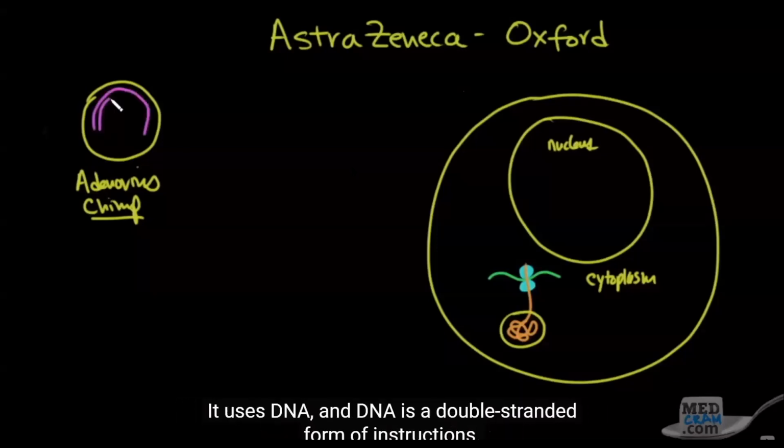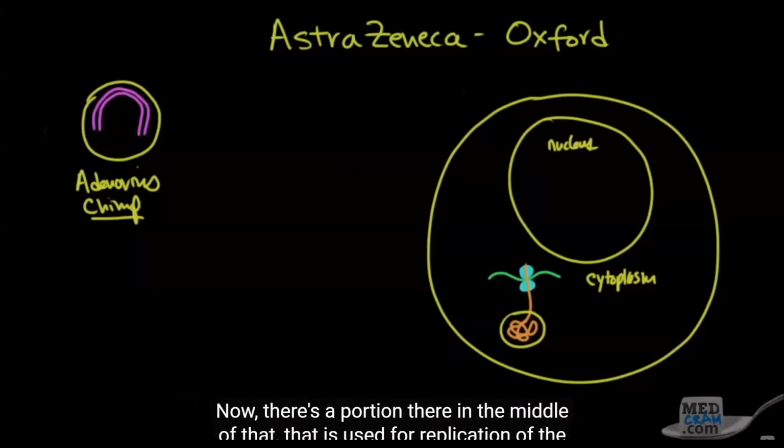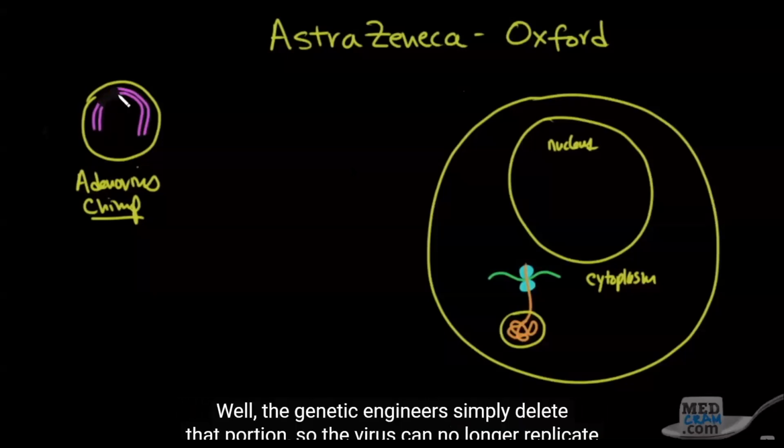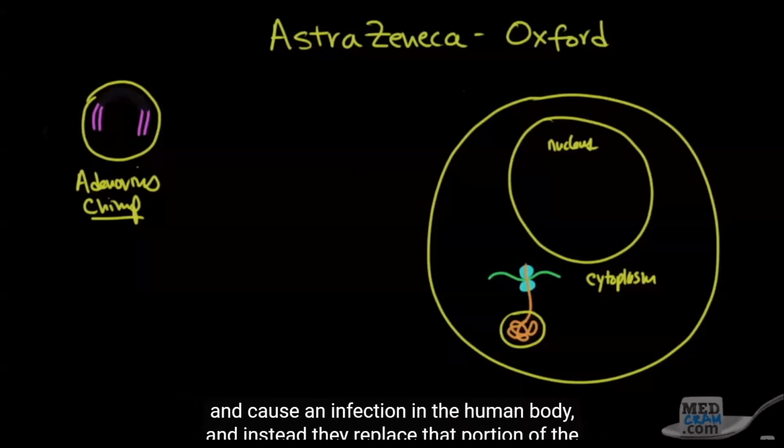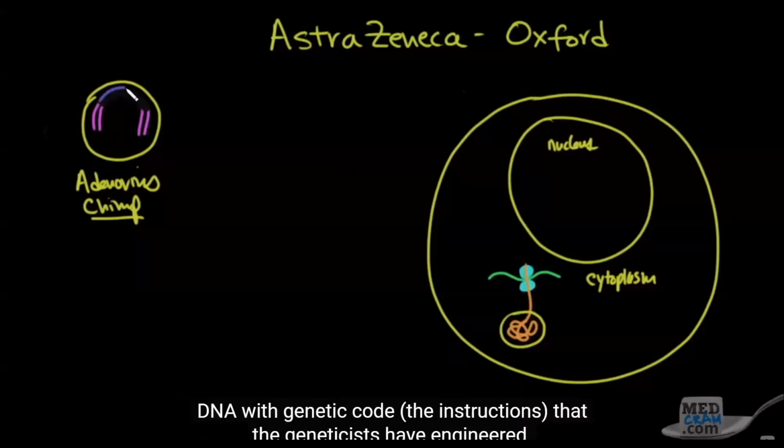And DNA is a double-stranded form of instructions. Now, there's a portion there in the middle of that that is used for replication of the virus. Well, the genetic engineers simply delete that portion so the virus can no longer replicate and cause an infection in the human body. And instead, they replace that portion of the DNA with the genetic code, the instructions that the